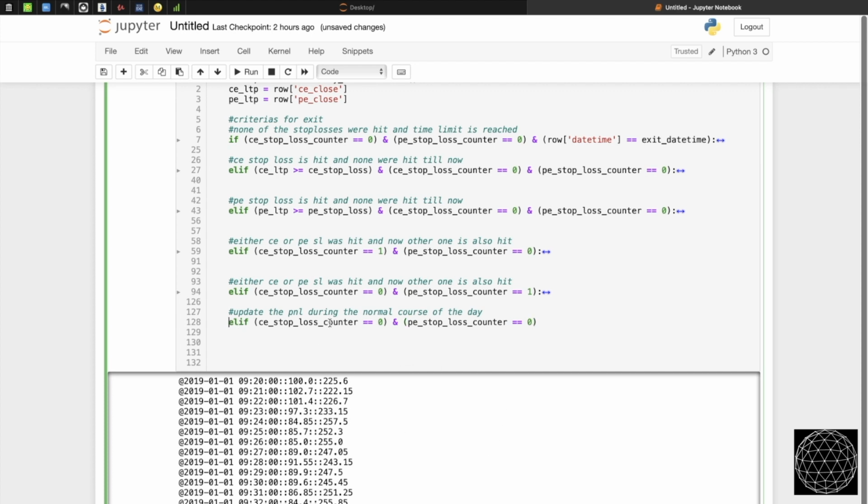So if call stop loss counter equals 0 and the put stop loss counter equal to 0, and